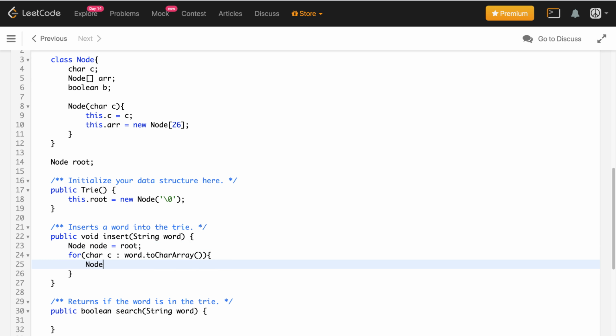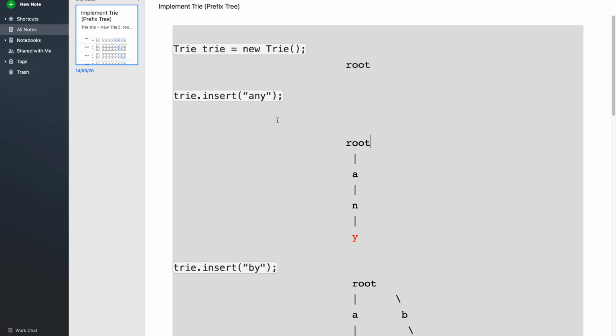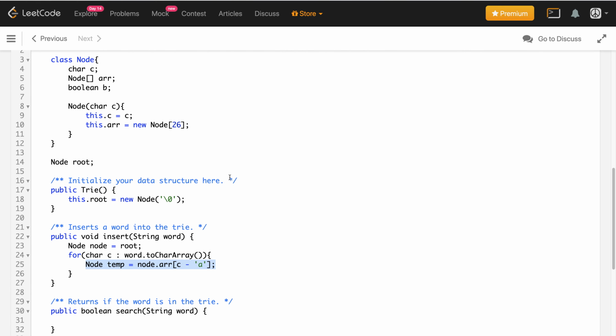Now I'll create a node temp, which is equal to node.arr[c - 'a']. So what am I doing over here? Currently the node is pointing to root. For this example, any, I'm checking this node's array, which we have already mentioned.